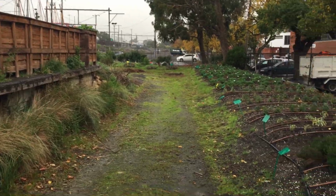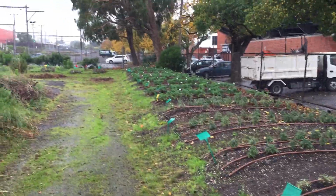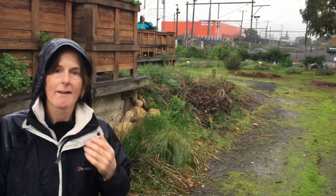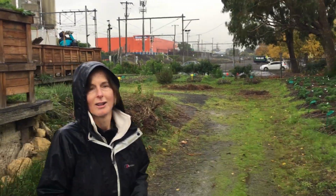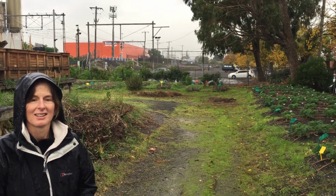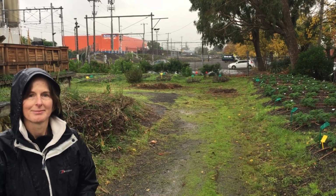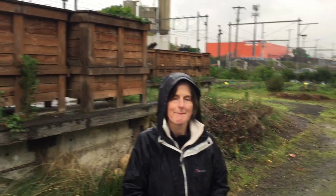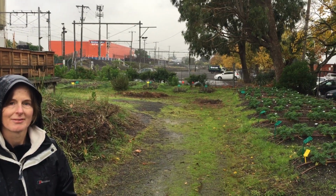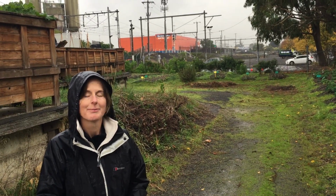Now, just as we wander up, in terms of soil management, I think I mentioned before that, and I guess the class will see this on a PowerPoint presentation at some point, this was a horrible site when it was first taken over, an old rail siding still owned by VicTrack. The methodology was to do some earthworks, level it out, allow for drainage with pre-existing drains that were already here, which was really fantastic. Compact, because I think lightly compacted, or we'll call it compacted gravel, and then plastic on top, and then importing